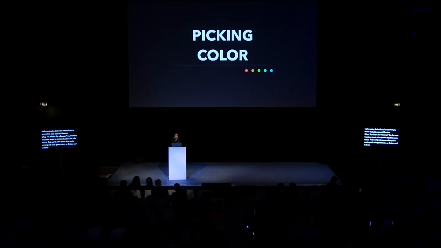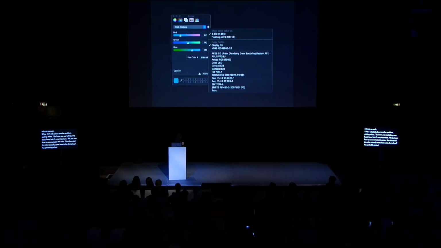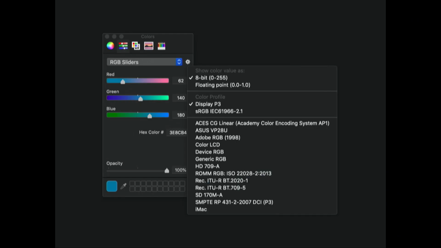OK, let's talk about another problem, picking colors. We are talking very basic here, but it's very important. We just saw how to communicate the color, but where did the color actually come from in the first place? You probably picked it using a color panel. Now, this is a standard color panel that gets shipped with every Mac, called NSColorPanel. Now, this is obviously a familiar UI, but it also suffers from the same limitations that we just talked about